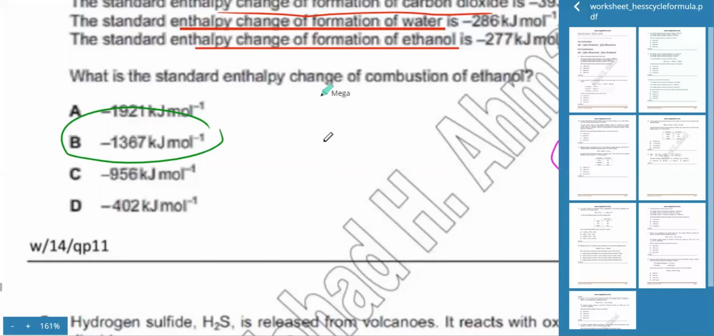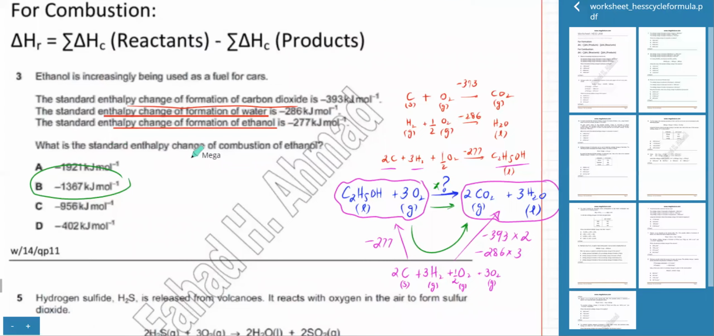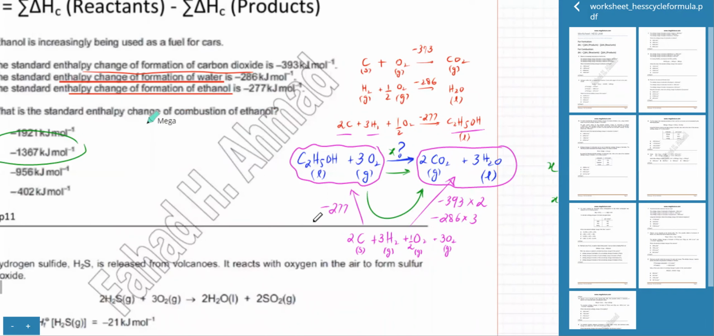But this took a very long time to solve. In creating the Hess cycle, you had to do a lot of working, and it's only a 1 mark question. So you just wasted a significant amount of time trying to solve a 1 mark question. Anyways, now the thing is,